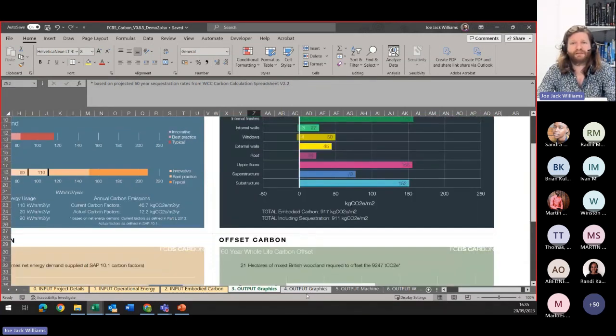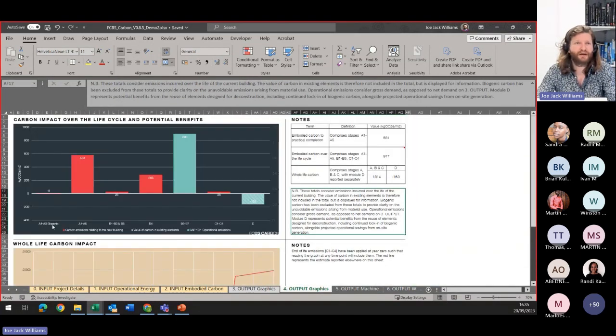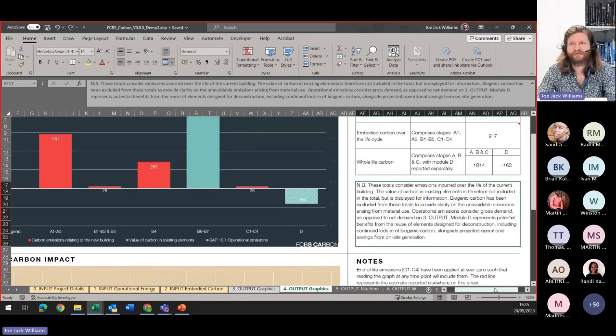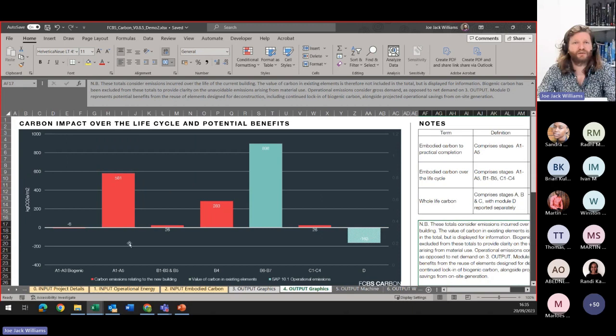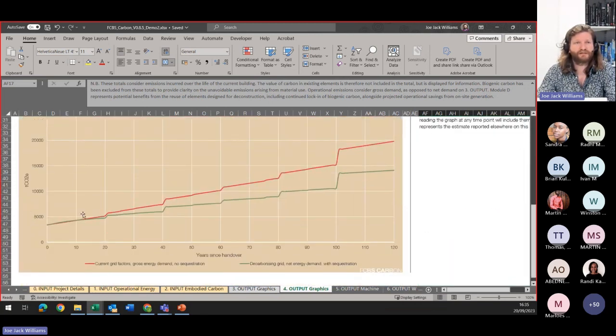And if we go into our output graphics here, so this is the fun stuff for me at least, we can see 581 kilograms of CO2 per meter squared is emitted before the building's even used. Quite a staggering amount. These are your replacement cycles, so all those things getting replaced over the life of the building. This here is your energy. You can see those little replacement cycles happening here. Pop, pop, pop, pop, pop.